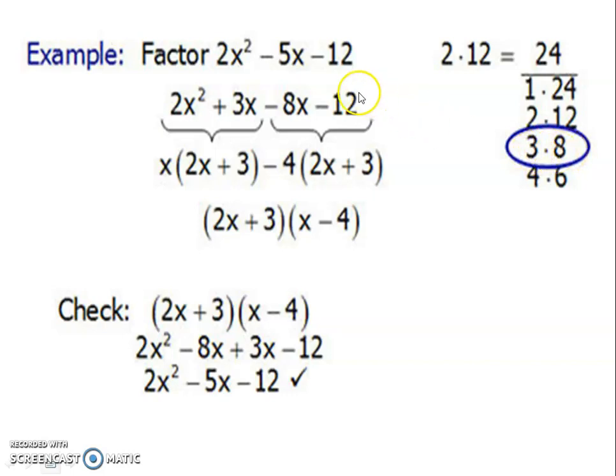So it is positive, and this middle term is negative. So we have to take the negative sign first: minus for 8 and plus for 3. So it is in the form 2x² + 3x − 8x − 12. We take x only from these two terms: x outside the bracket, (2x + 3). I take −4 outside the bracket, and 2x + 3 is there. Therefore 2x + 3 remains the same and x − 4 we have to equate.